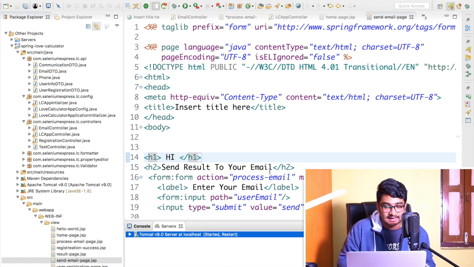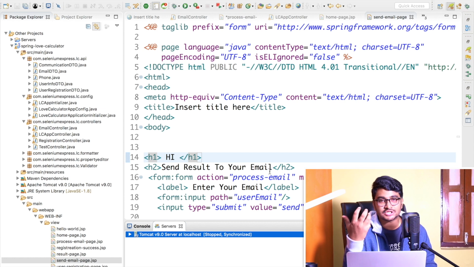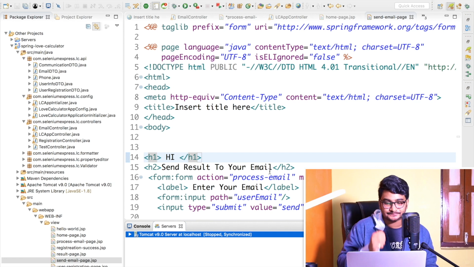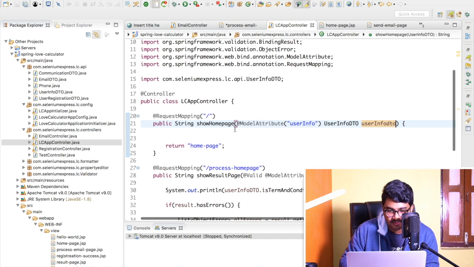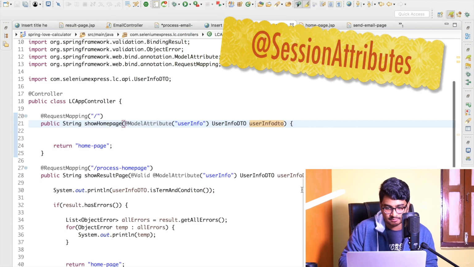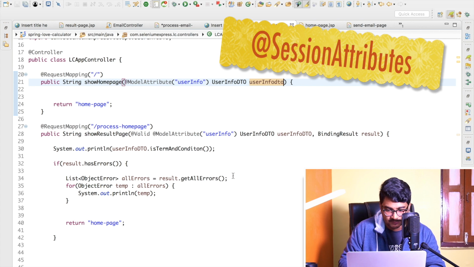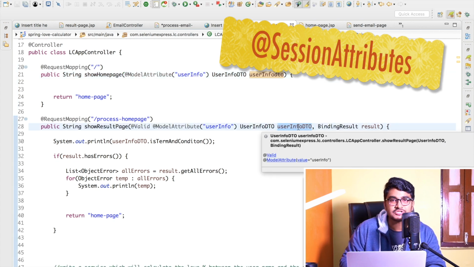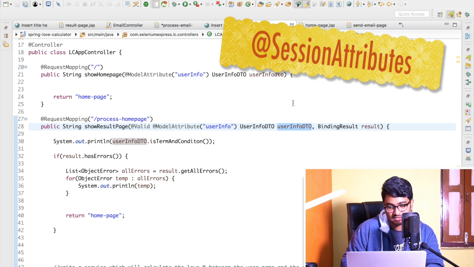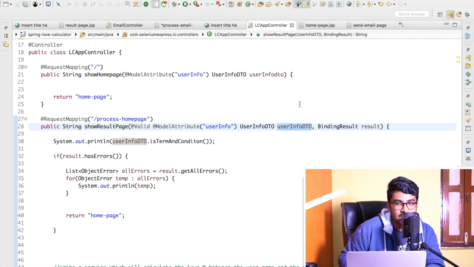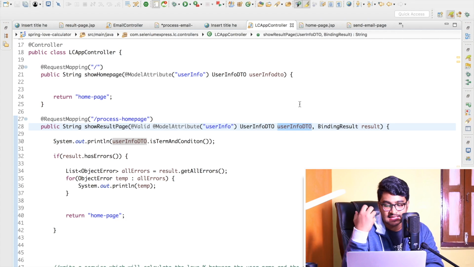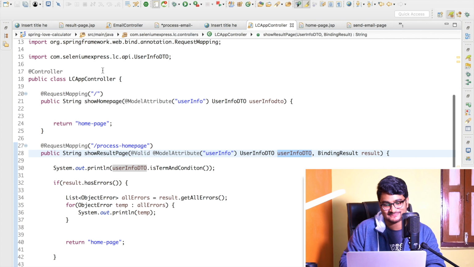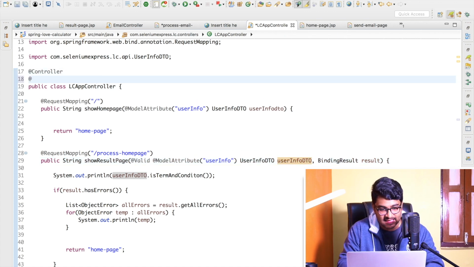Right now, let me tell you how you can use the Spring framework to handle your session management. Let me go again to the LC app controller. Right now I have removed everything. Now we will use the Spring framework to store the user info DTO's username field inside the session. How are we going to achieve that if we are not going to use the HTTP session? That is the question. Guys, for this you can simply use an annotation, and the annotation name is